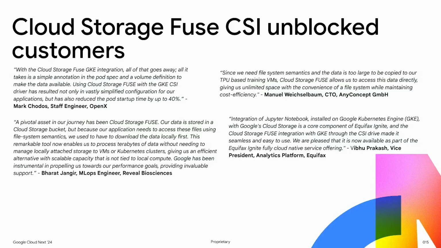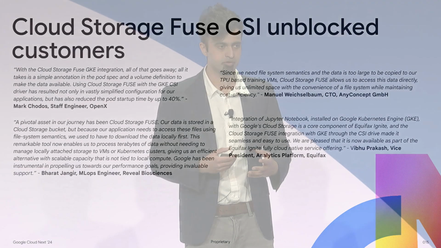And of course, Fuse has been around for a while. You may ask, OK, what's the big deal? I think there were a lot of stability issues with it. So we invested a lot at Google to make it really stable over time. And the proof's in the pudding here with customers. We have a pretty good adoption of the Fuse CSI on GKE. Customers like Equifax are using it for a Jupyter notebook use case. We have customers like OpenX using it for AI/ML ad tech training. And then we also have customers iterating over a lot of protein files with Reveal Biosciences. So Fuse is out there. It's been out since last year.